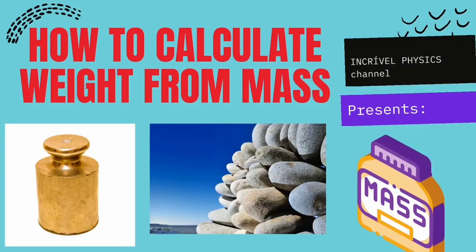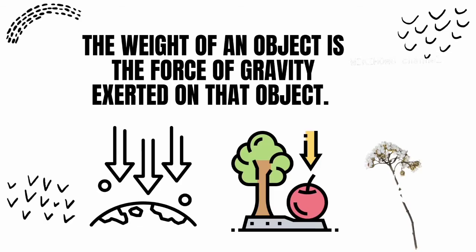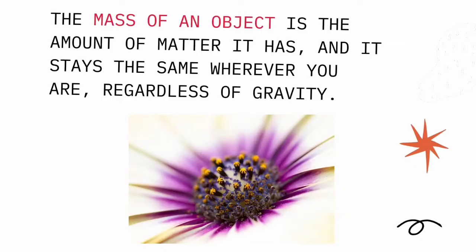How to calculate weight from mass. The weight of an object is the force of gravity exerted on that object. The mass of an object is the amount of matter it has, and it stays the same wherever you are,